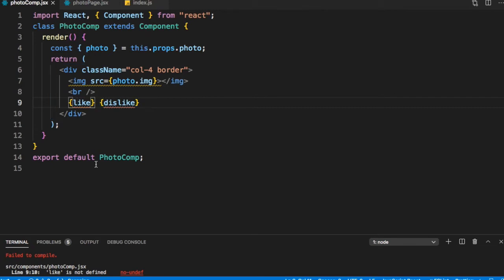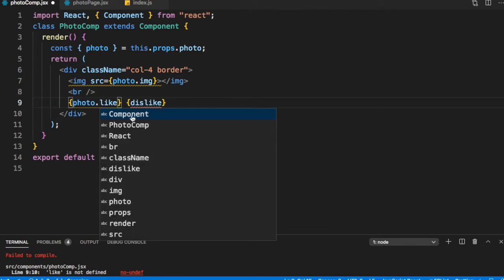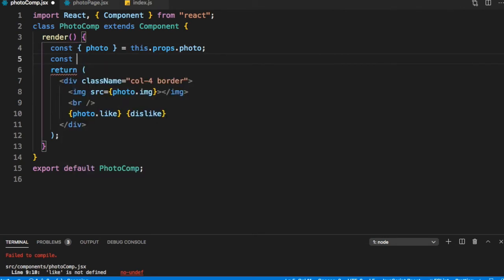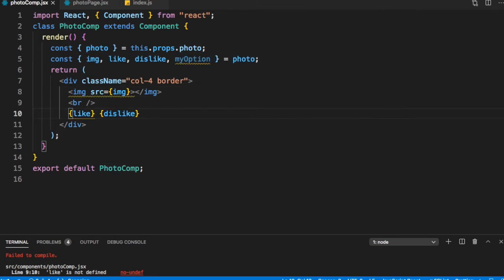So like would be photo.like and photo.dislike. Because we want to use all of these, let me destructure them also. So let me say image, like, dislike, myOption is equal to photo. So this becomes image, this becomes like, and this becomes dislike. So we have displayed all of that here. So this should give us a basic rendering of the photo component, which we will keep on improving.